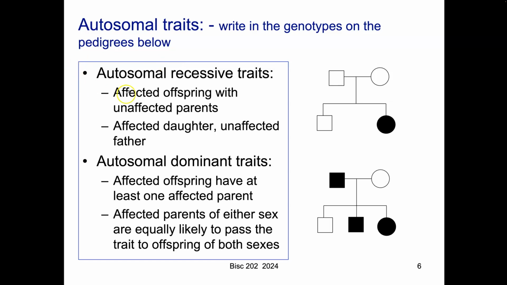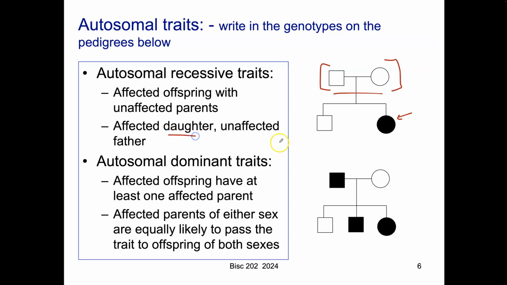The kinds of things that make us certain about autosomal recessive. Recessive, in any case, is this: you've got 2 parents who are both unaffected, but they have had a child that has the condition. And that's classic recessive. It's not the only way we can identify a recessive trait, but if we see this, we know for sure, right? And we always like to be sure if we can be. And the other thing is, in this case, we know the exact mode of transmission. It's not most likely, it is the mode of transmission, and that is it must be